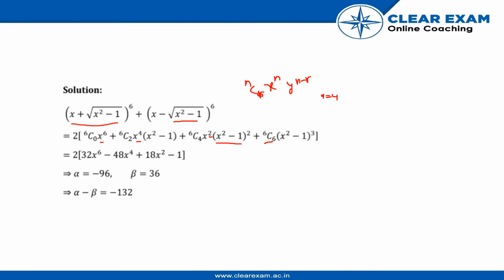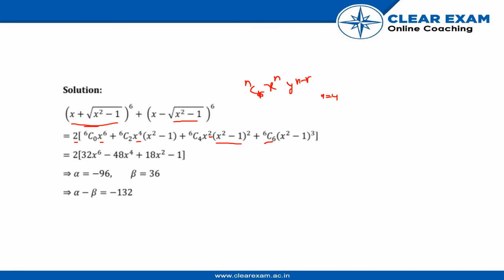This was for just the expansion of this one expression. Then we also have the other expression, but similarly we'll be doing the same, so we simply multiply it by 2. Then we solve all this. It comes out to be 32 x to the power 6 minus 48 x to the power 4 plus 18 x square minus 1. And then we multiply it by 2, so it becomes 2 into 32, which is 64,